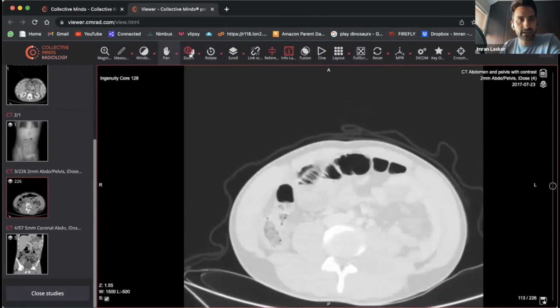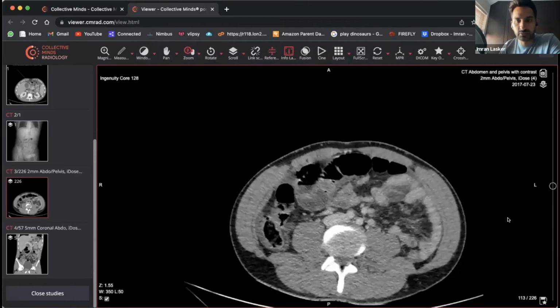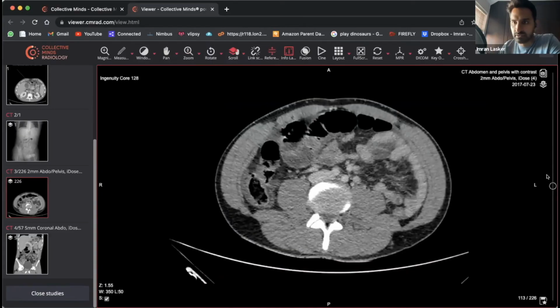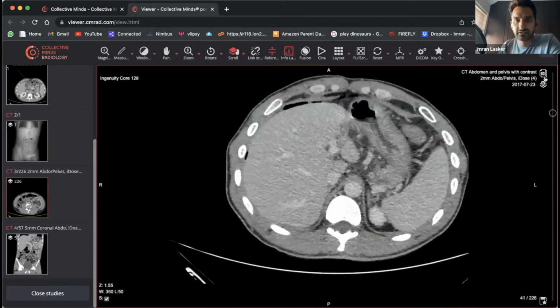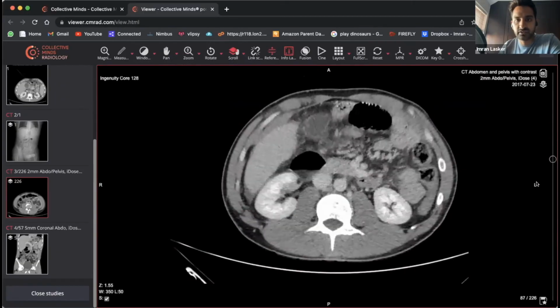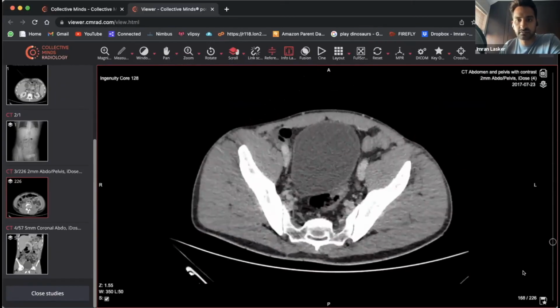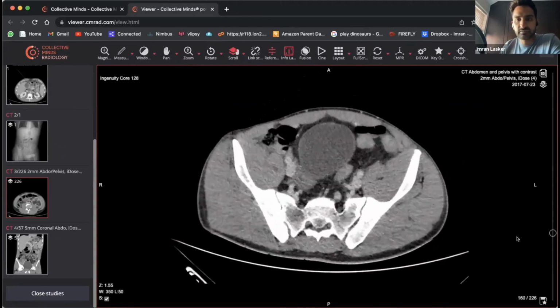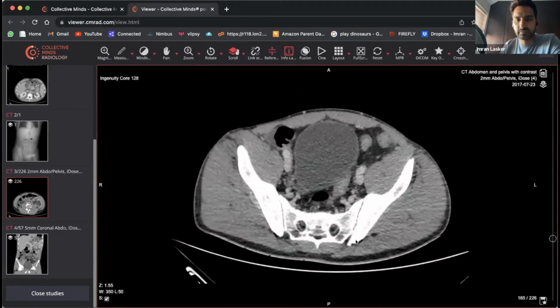Now let's go back to the abdominal windows. Let's bring it back to the middle of the screen and go back to zoom and scroll. And let's go from the very, very top. And as you scroll from the very top, let's just do one run through just to see what's going on. So sometimes from the musculature of a patient, you can see that they're probably not that old, because